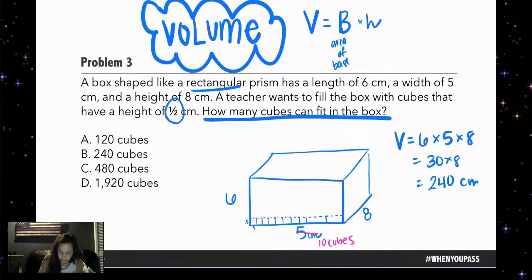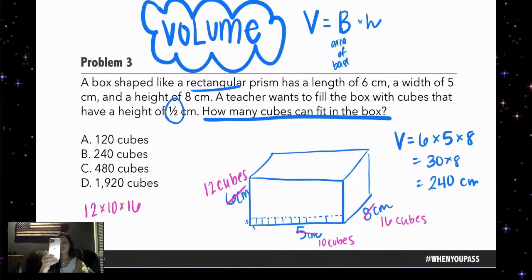And instead of 6 centimeters, I'm going to say how many cubes is that? 12 cubes. And instead of 8 centimeters, how many cubes is that? 16 cubes. Now if I do my volume, 12 times 10 times 16, use my handy dandy calculator,